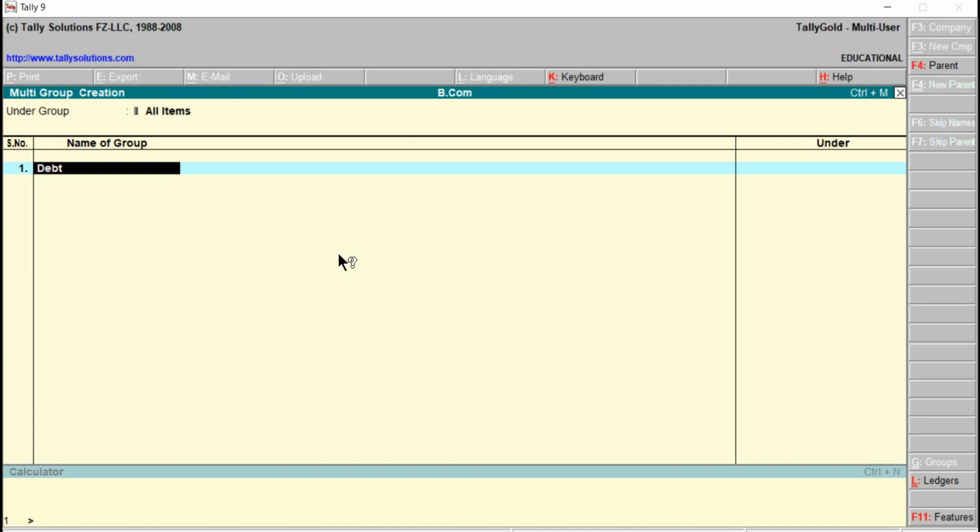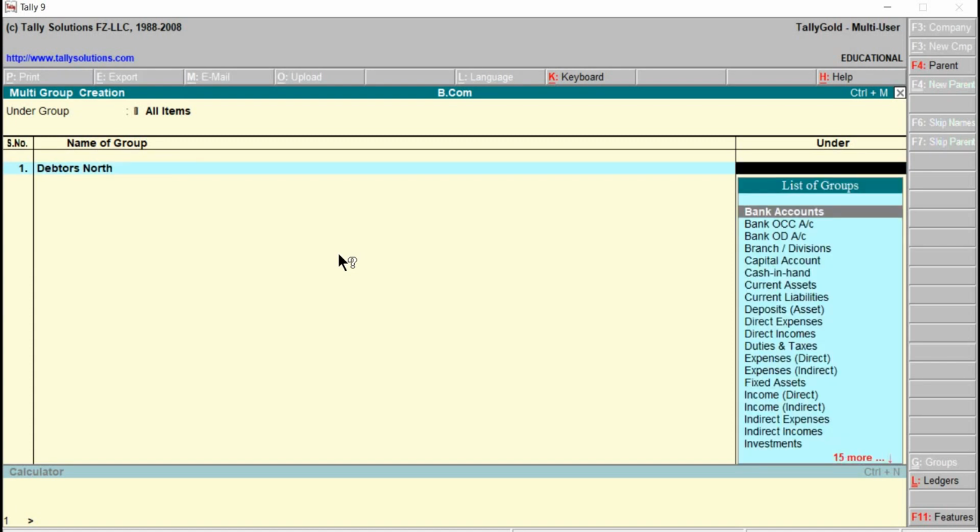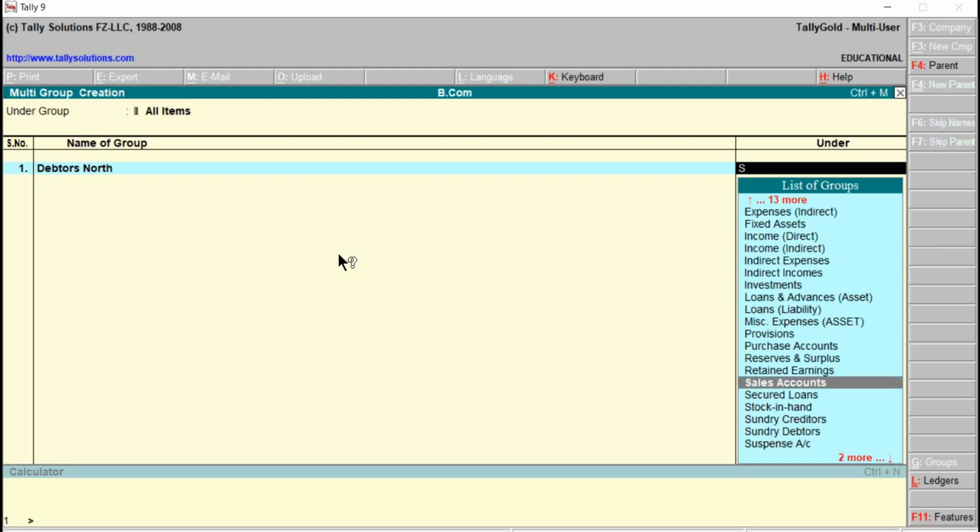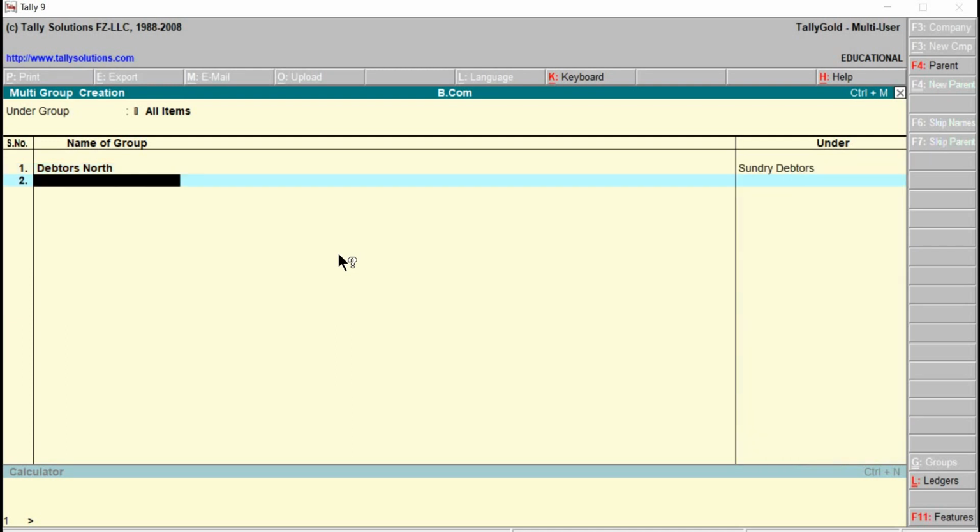Okay, debtors north, and this will be allocated under the predefined or built-in group sundry debtors. Okay, just type the starting letter. I just type here starting letter S. Okay, down arrow key. Then select here sundry debtors. Okay, the next one, debtors south.